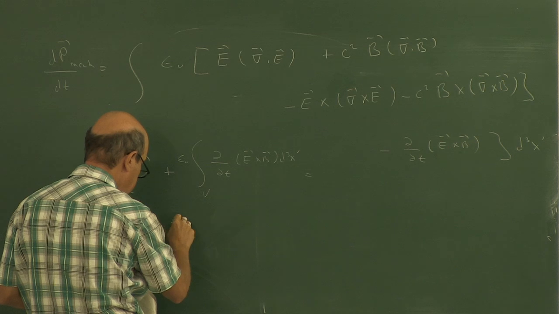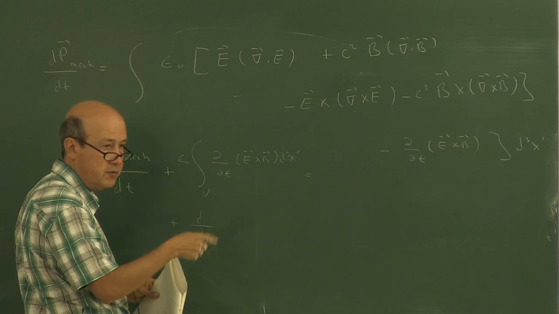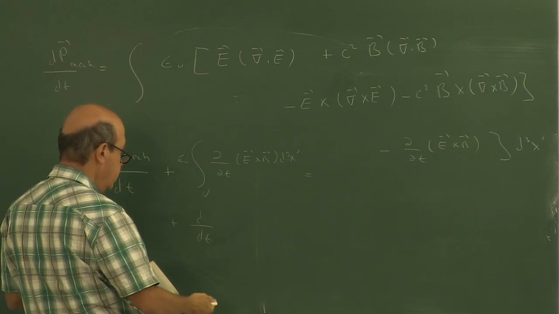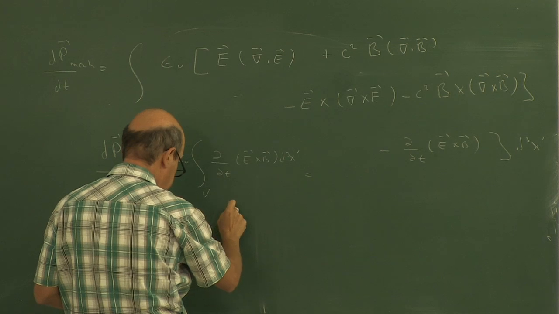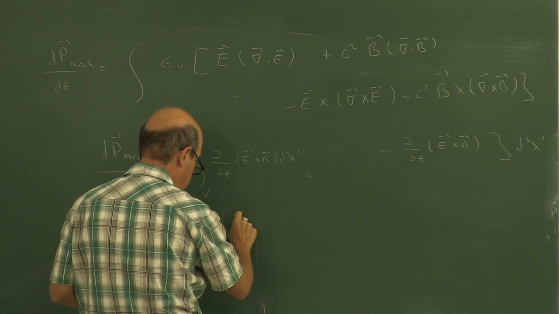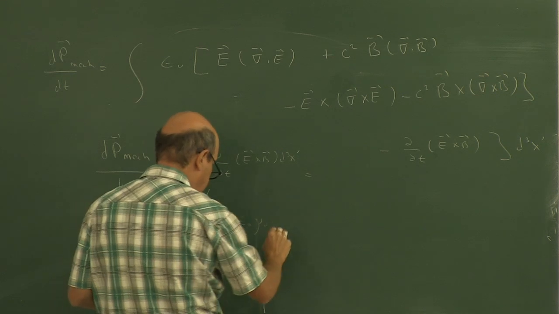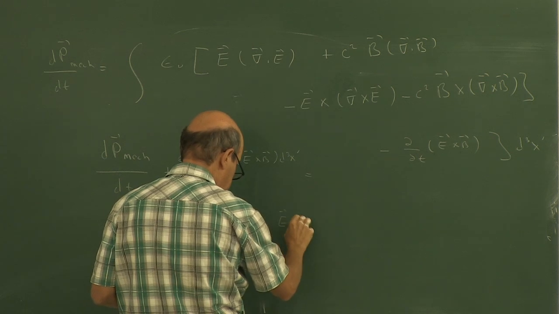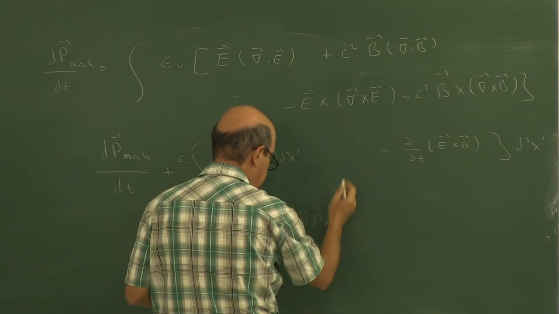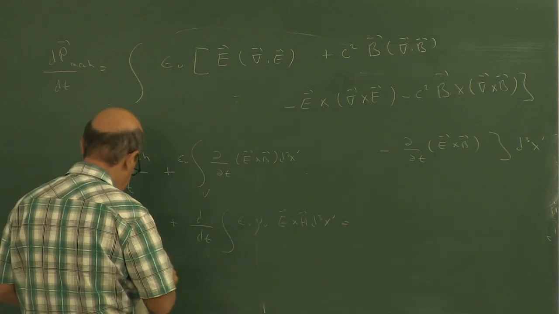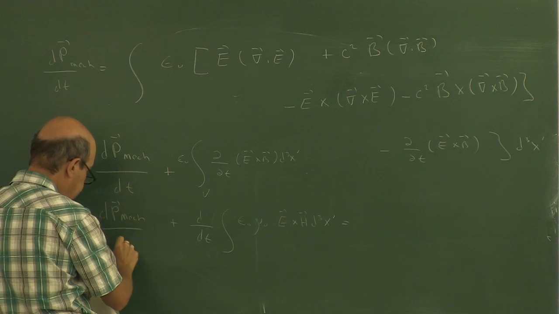As I said before, that becomes d over dt, because we take the volume integral, then del over del t is replaced by d over dt, and we get epsilon 0 multiplied by mu 0 divided by mu 0, and that will be E cross H d cube x prime. Still on the left hand side, this is dp mechanical over dt,